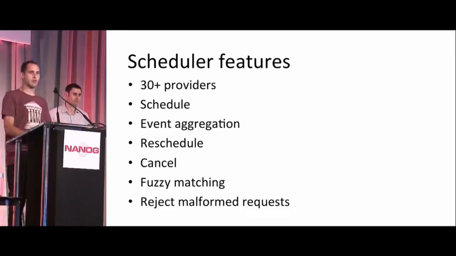The other reason why we do fuzzy matching is that we receive a lot of emails that are not really pertinent. For example, if we cannot parse a maintenance because we don't have a template for that, that may be a valid maintenance or not. And the way that we discover this is that we get a list of every circuit that we care about in our network, which is a lot, it's thousands of circuits. And we basically